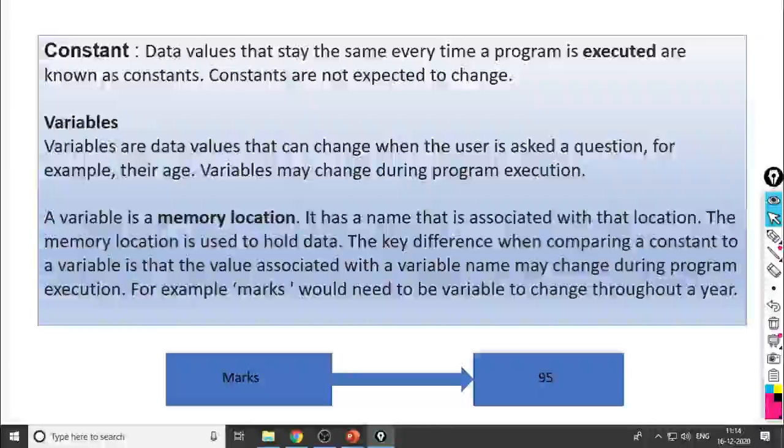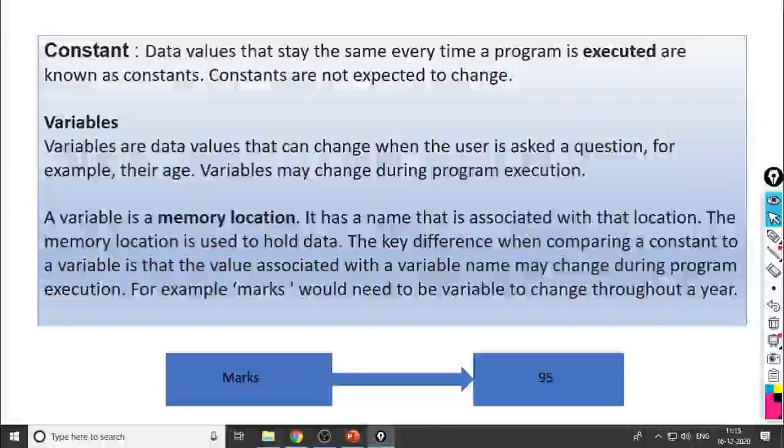If we are going to solve addition of two numbers, we have to input two numbers and store them into the computer memory. So you should write two names for these two variables. Whatever names we give for that location are called variable names. So a variable is a memory location.